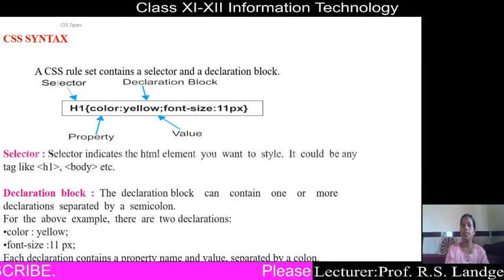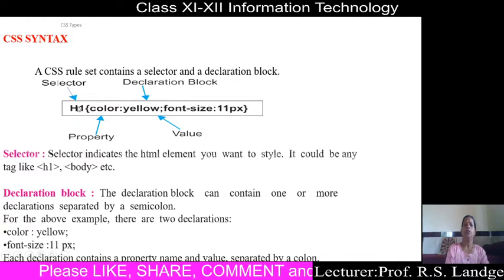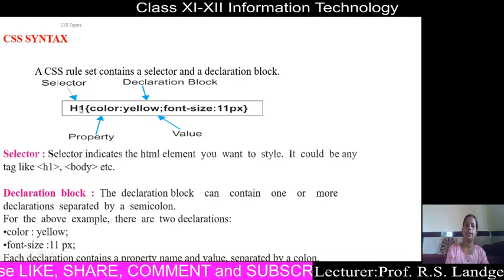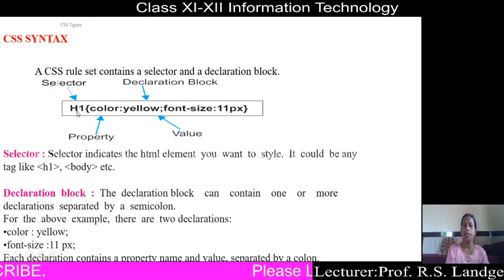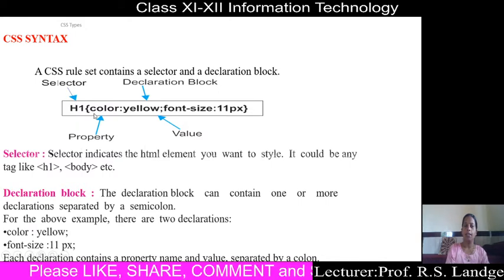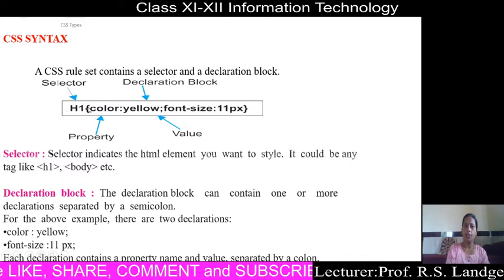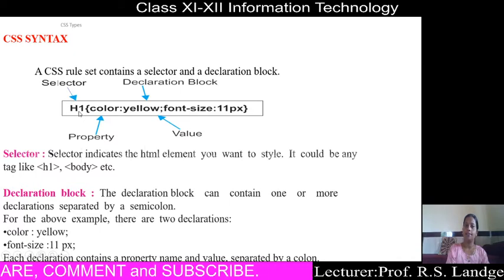Okay. A selector can be any particular HTML element that the user wants to provide style to. That means h1 as a selector, h1, body, p, any particular HTML element can be considered as a selector, like any tag without the angular brackets we have to write as a selector.